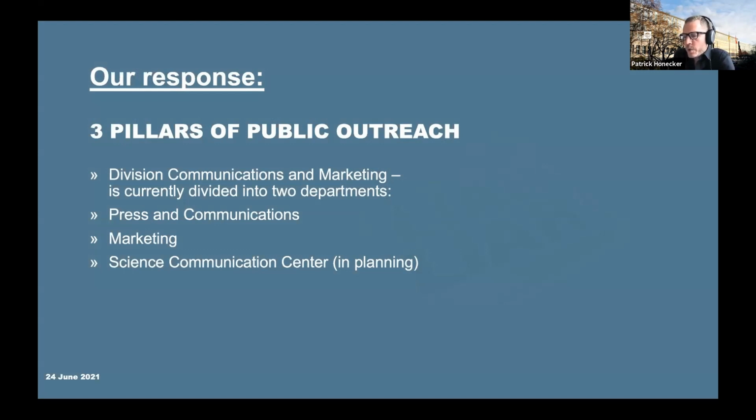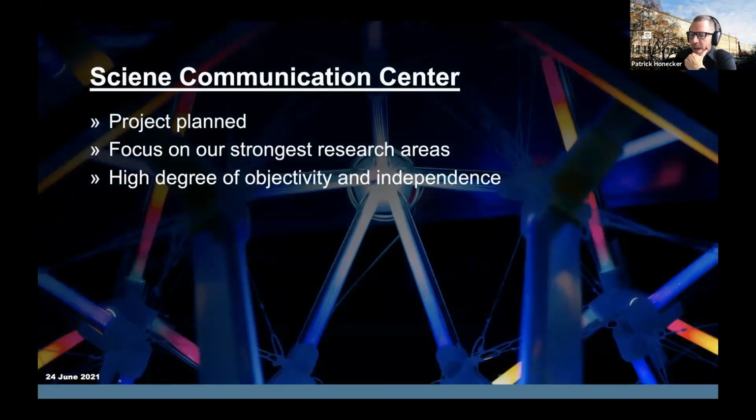We have to build up a three-pillar model, I think. First of all, we have to know what influences our target groups and what kind of biases are possible. But in addition, we need to establish a science communication that is more independent and, as I would say, more self-critical. We have right now established a press and communication department. We have established a marketing department, and we plan